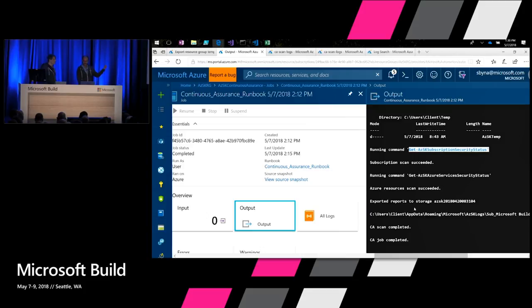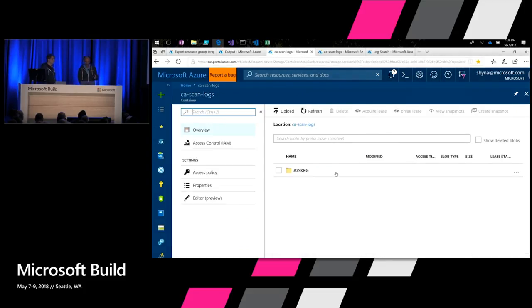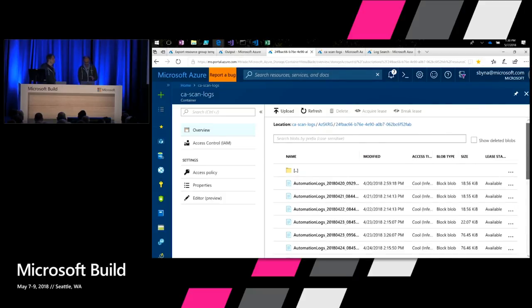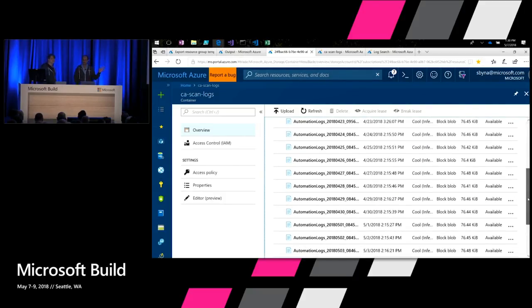And as you can notice, all these logs are getting persisted to a storage account. We provided 2 options to the user. One is they can go to the storage log, figure it out, and download the files. I have logs for every day. It's going to have the same CSV, and they can go and take a look at it. But obviously, this is not a good monitoring story. We cannot expect an operations engineer or a DevOps engineer to go to the storage account and download the blob to figure out what the issue is.